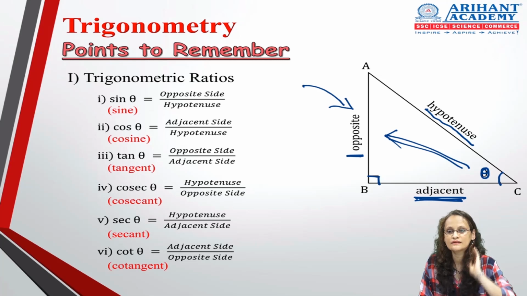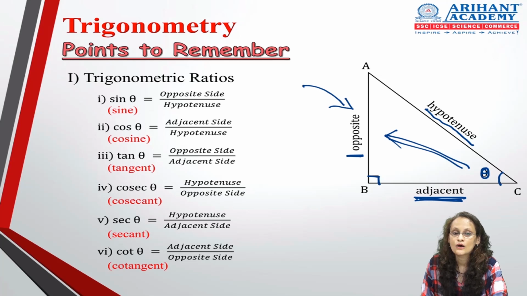So after sine theta, we move on to cos theta. Cos theta formula, as you know, is adjacent side upon hypotenuse. Tan theta is opposite side upon adjacent side. I'll go through this a little quick because this is all very basic. You've done it plenty of times. The fourth ratio is cosec theta, which is hypotenuse upon opposite side. Next to follow is sec theta, which is hypotenuse upon adjacent side. And the last is cot theta, which is adjacent side upon opposite side. And within brackets, you can see their full forms are written over there for your perusal.